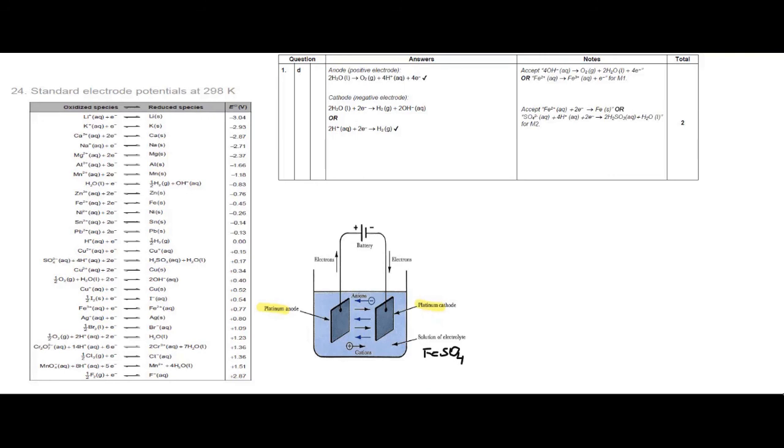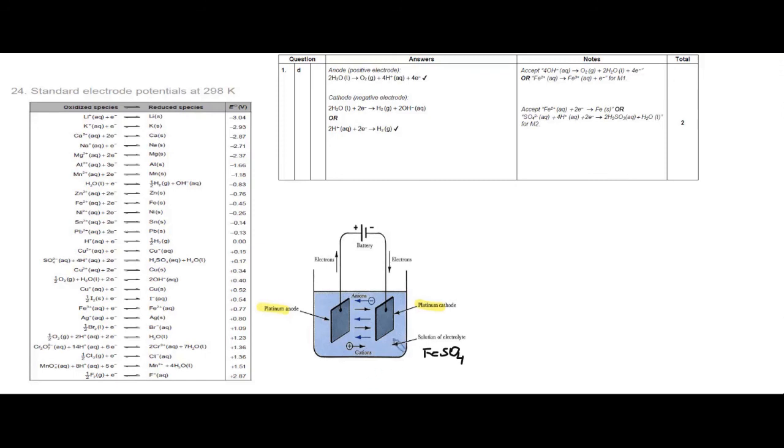It's an inert electrode. Only the molecules within the electrolytic solution will be participating in the reaction, meaning it could be either water, H plus or OH minus generated from the water molecules, or iron, Fe2 plus, or sulfate ions that will be participating in the reaction. Platinum is just an inert electrode. It will not participate in the reaction. Now, we have to know what reaction can happen at the cathode, what reaction can happen at the anode.